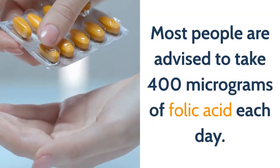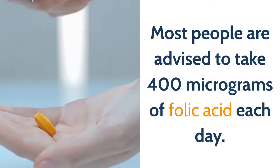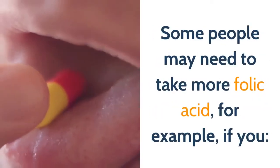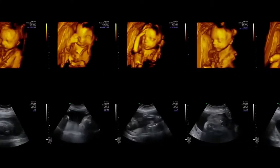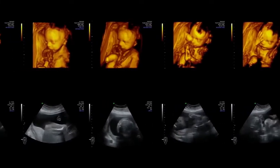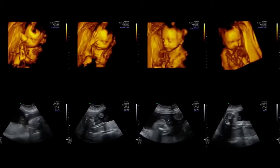Most people are advised to take 400 micrograms of folic acid each day. Some people may need to take more folic acid. For example, if you or the baby's other parent have had spina bifida or had a previous baby with spina